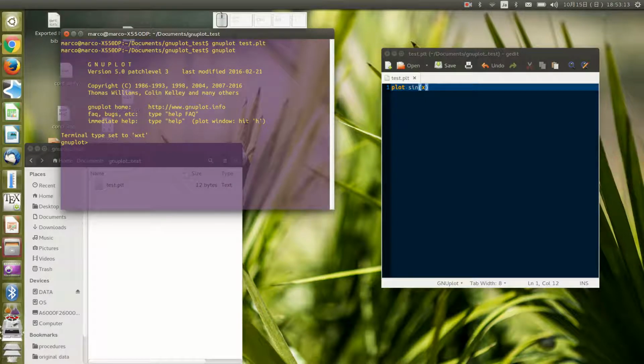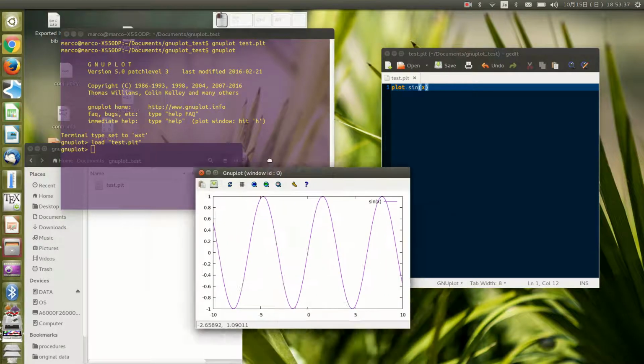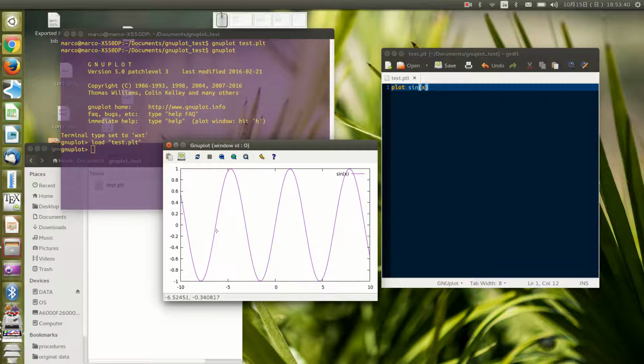Plot. It's saying here it's already inside of GNUplot, and we type load, quotes and the name of the file. Remember, this is the file that you generated that has the commands, and now we'll have here the command that you wrote here. But this plt script will help us to have many commands together. For example, if you want to change title,